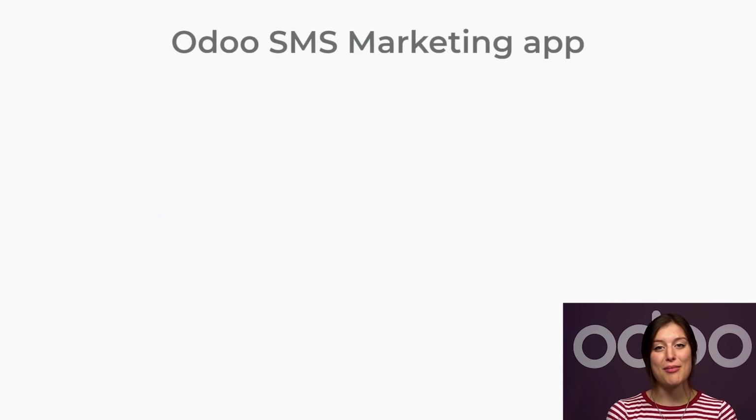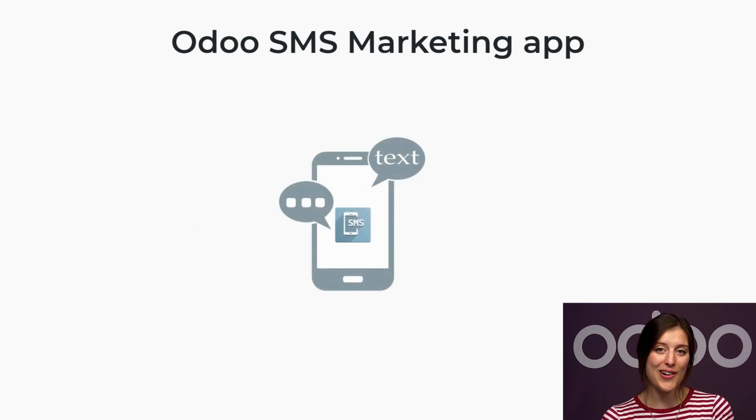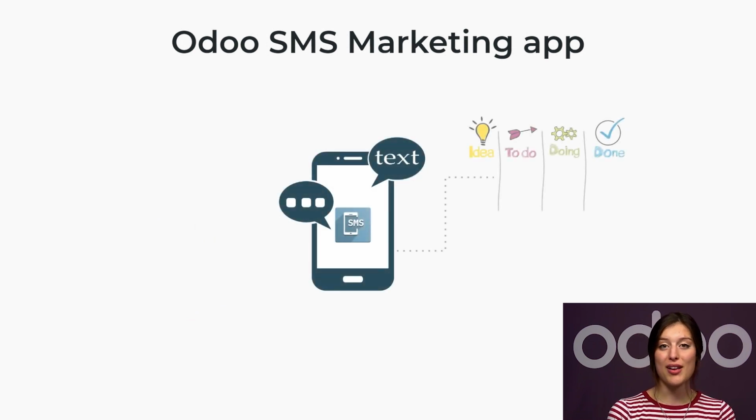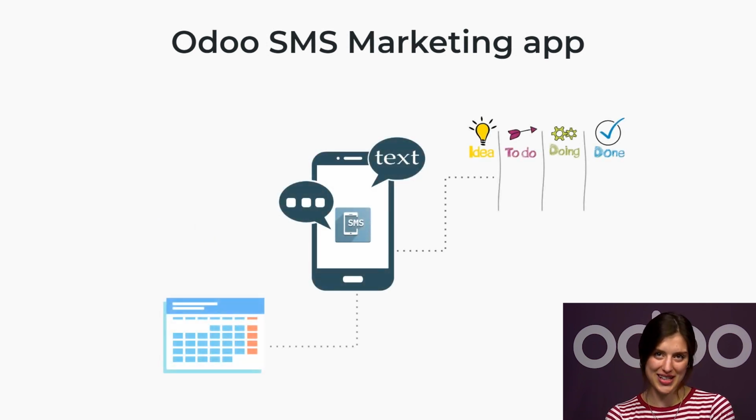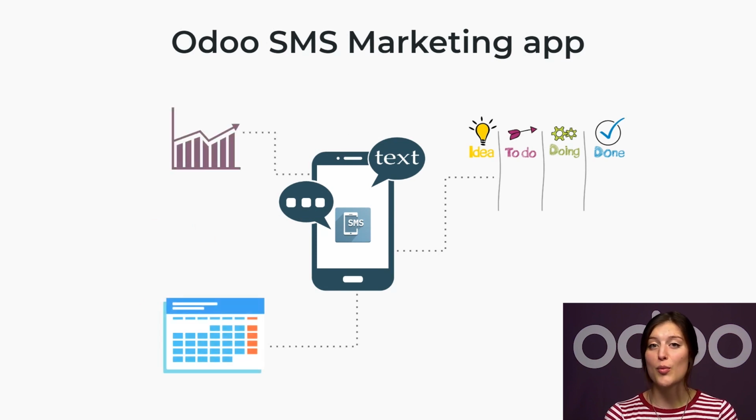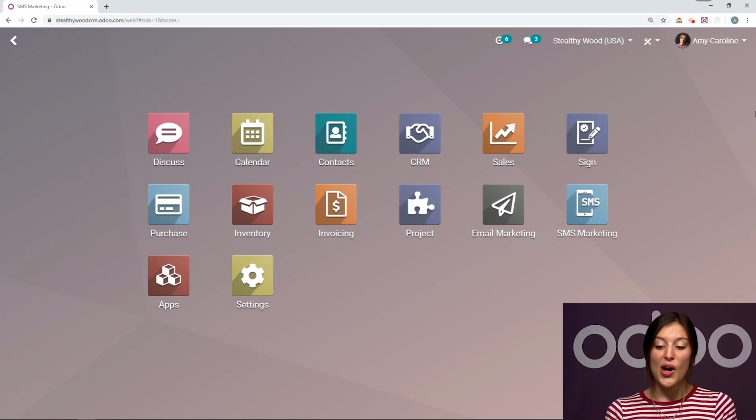With Odoo's SMS Marketing App, we can plan, organize, schedule, and get reports about our mails with its always easy-to-use interface. Soon, Stealthy Wood will be promoting a sale, and we'll use SMS to inform our newsletter subscribers about it. So let's get started. Okay, so once we're on our database, the first thing you're going to want to do